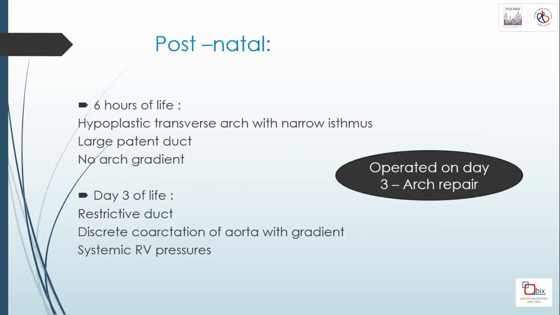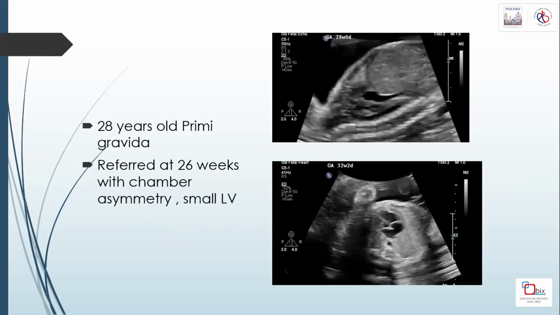evolving coarctation. At 6 hours of life, the echo showed hypoplastic transverse arch with a narrow isthmus, a large duct with no gradient. On day 3 reassessment, it was a restrictive duct with discrete coarctation, and this child had an arch repair on day 3 of life. The next